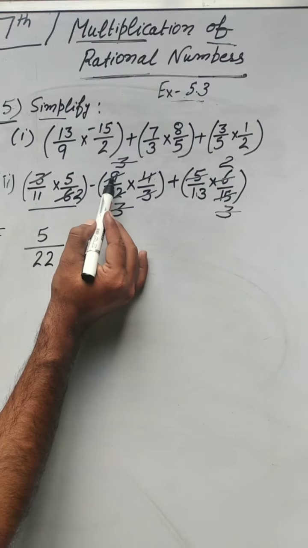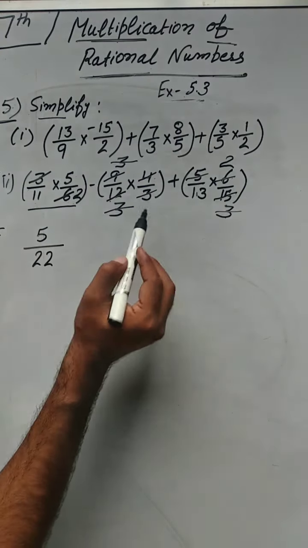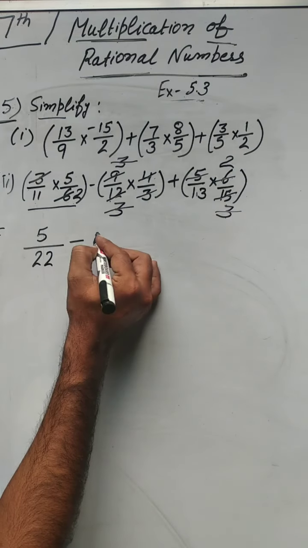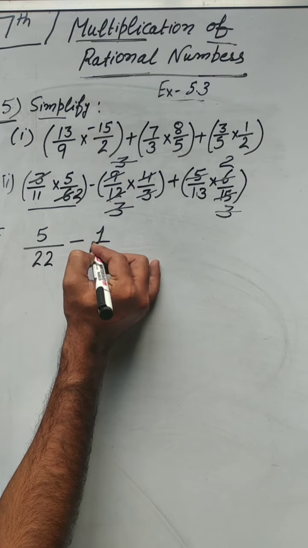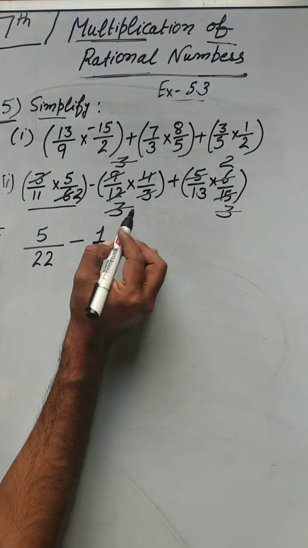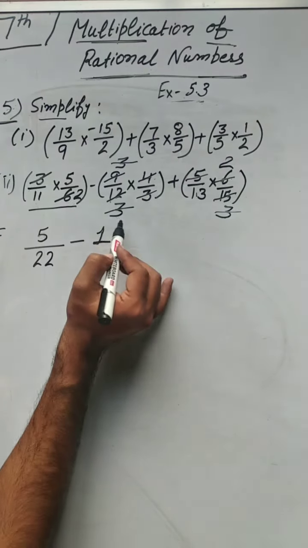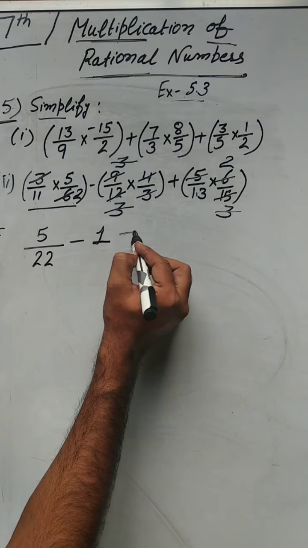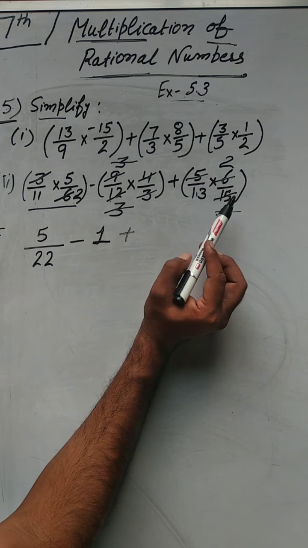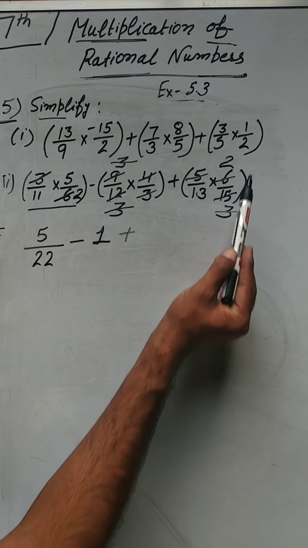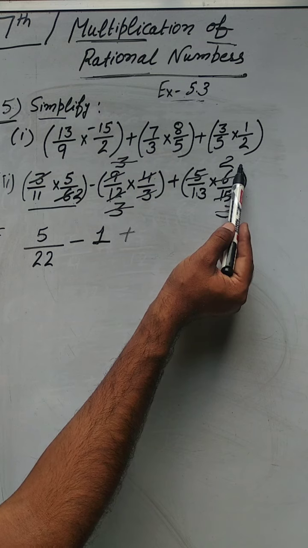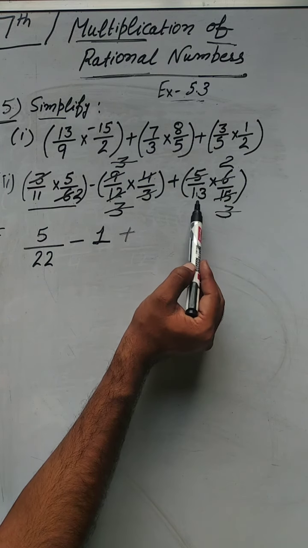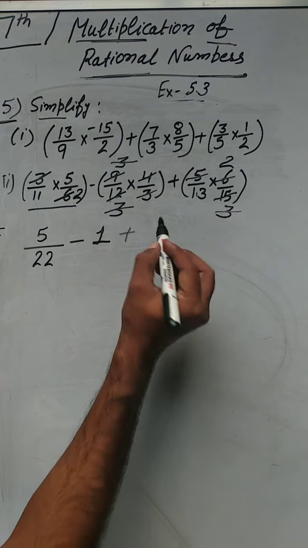Clear? Now here every term is cancelled. Then what is here? 0? No. Here is a 1. Don't write 0 here beta. If all the terms are cancelled, that means here is a 1. Okay? And in the last bracket beta, what is there? We have only 2. Only 2 is pending now. And upon 13. Means we have here 2 upon 13.